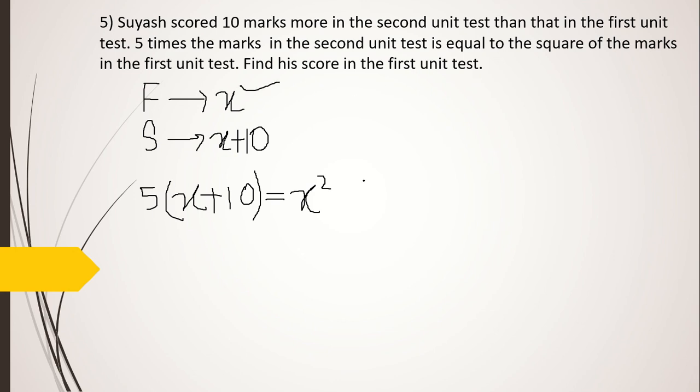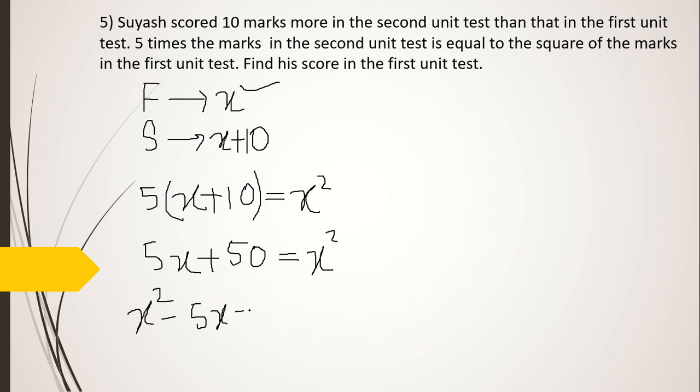So find x. We have already got the equation. Solve this equation and get the value of x. That's it. So that's 5x plus 5 tens are 50 is equal to x square. Now just rearrange these terms. Keep x square, then only bring these terms that side, because x square term we don't want to be negative. So x square minus 5x minus 50 is equal to 0.